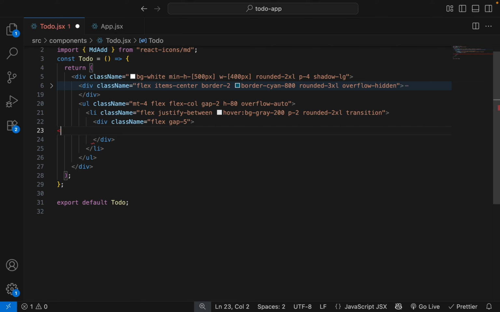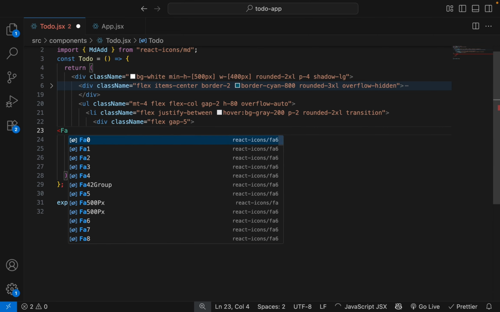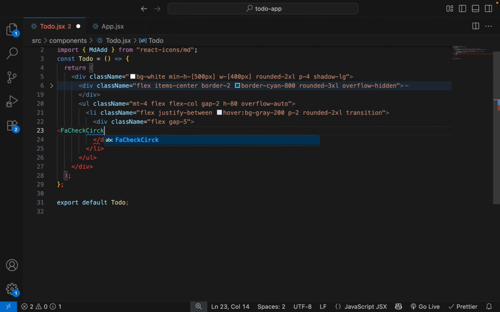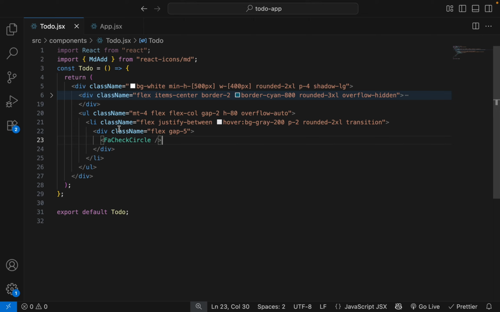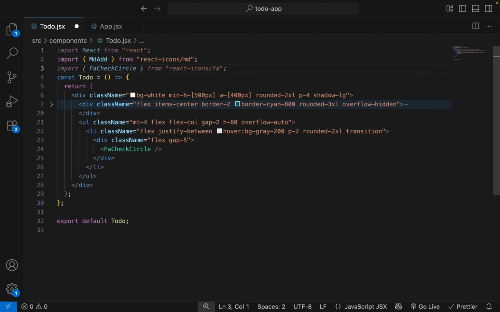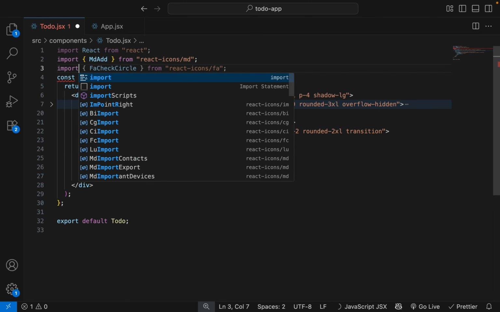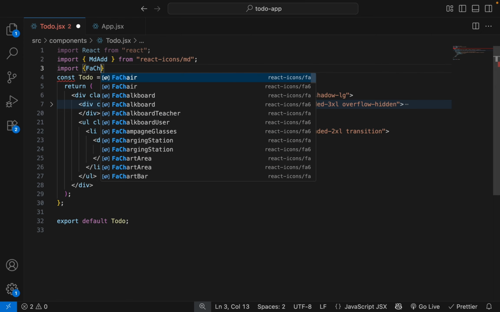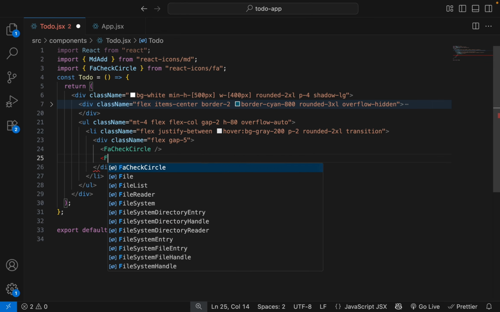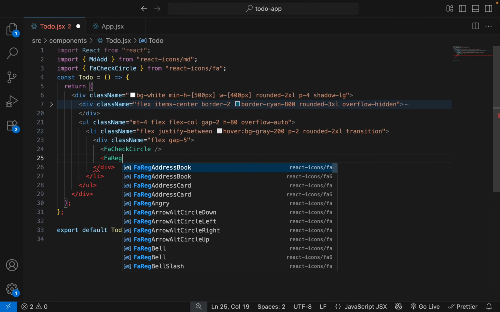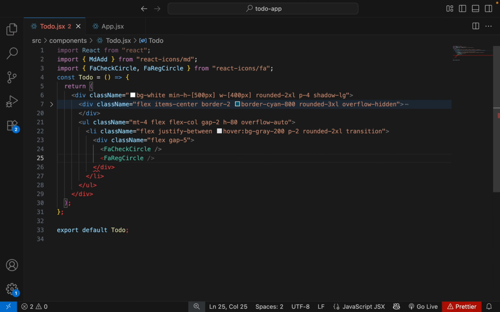Inside this, add an icon, also add another icon, let's comment the first icon for now.